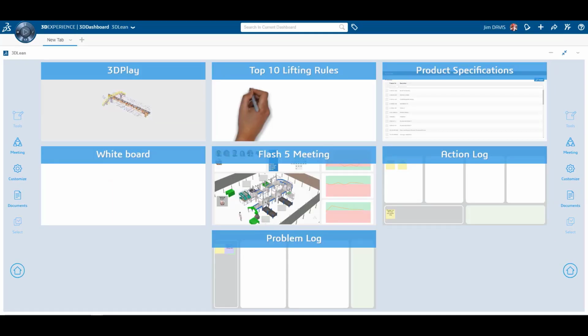So let's start by looking at the manufacturing-oriented Flash 5, Flash 30 meetings as an example. I'm going to start with the Flash 5 meeting. And what we're going to do here is take the role of Jim Davis, who's a supervisor for a production line in our facility. And we're making parts and components for turbines, specifically for blisks, which are part of the